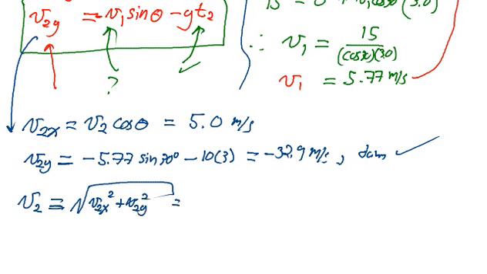So we'd have the square root of 5.0 squared plus negative 32.9 squared, and that gives us 33.3